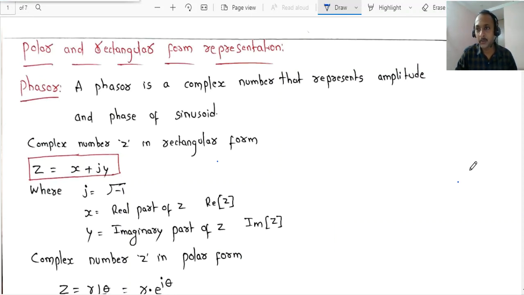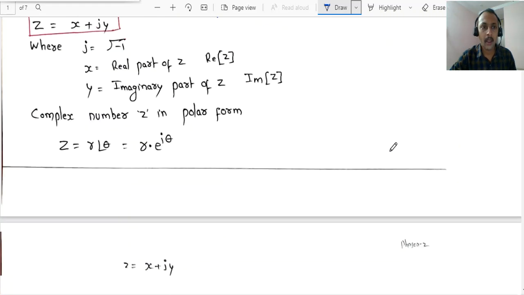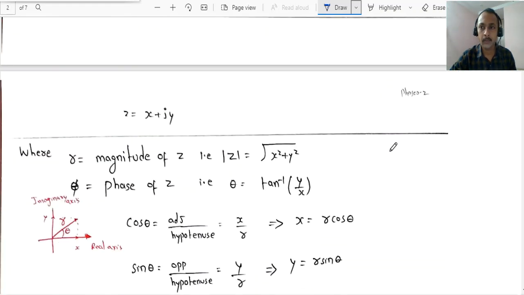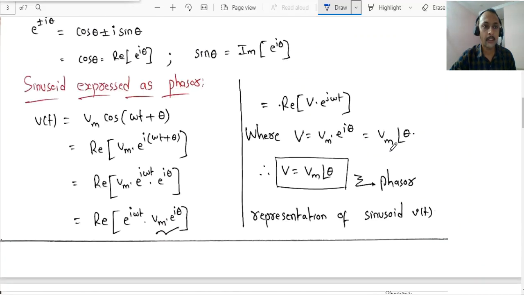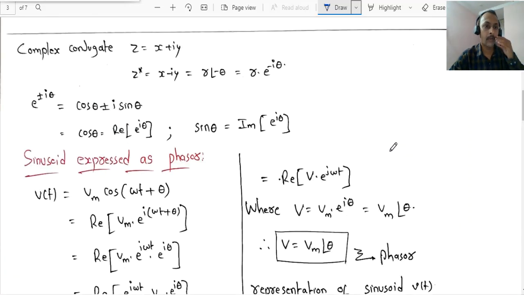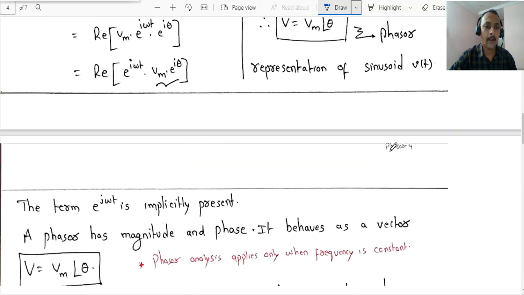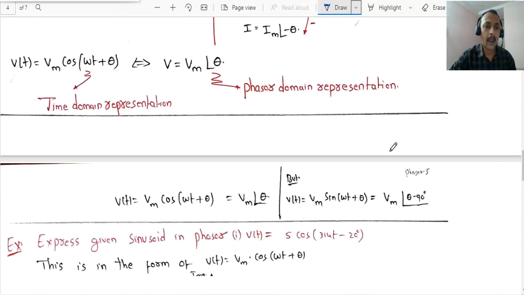Today in this class we are going to discuss the polar and rectangular form representation, where we are going to discuss the phasor notation or representation, right? And we will see its magnitude and phase, and similarly we will discuss the rectangular form, polar form, and exponential form. And slowly we will express the given sinusoid in the form of a phasor. How to express the given sinusoid in the form of a phasor, and we will see the phasor diagram representation, and we will